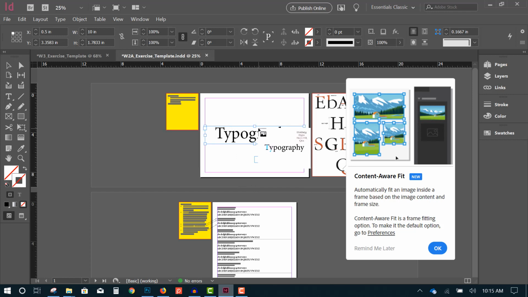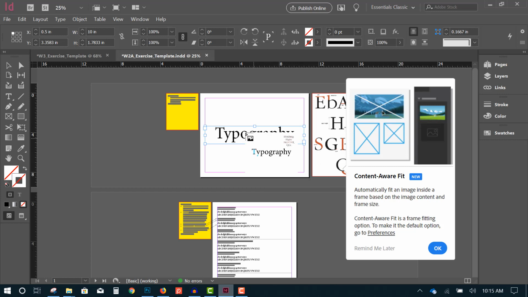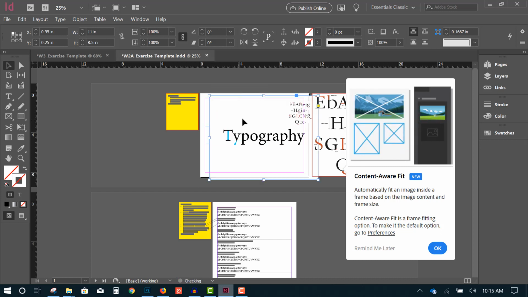I made a mistake. I pressed Control Z. I'm not going to update the video because the same thing could happen to you. I love when mistakes happen because you see how it works. Never have anything selected when you place an image in here, or it will place that image inside of whatever you had selected. I had typography selected, this text frame, so it put the image inside the typography text frame. If you do that by accident, you can always press Control Z and then just place it again,